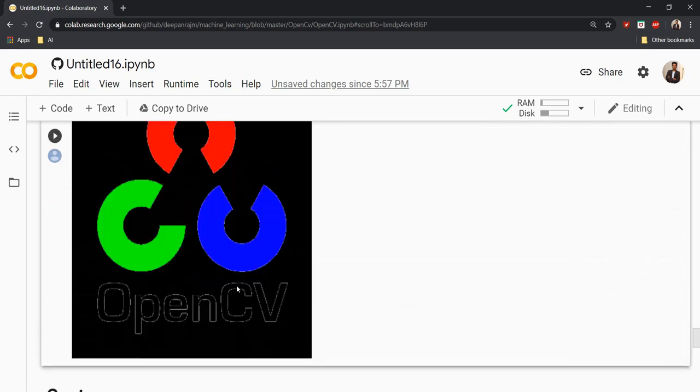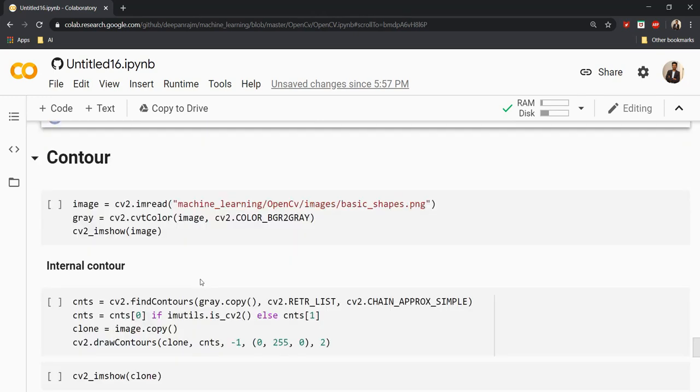This will be much more helpful when it comes to segmenting a particular color or something like that. Even color segmentation is also possible. This is just for a grayscale image. We can also do the same for a color image, where we need to split the channels into three and then apply the thresholding on each and every channel of the image. And the next important concept is contour.